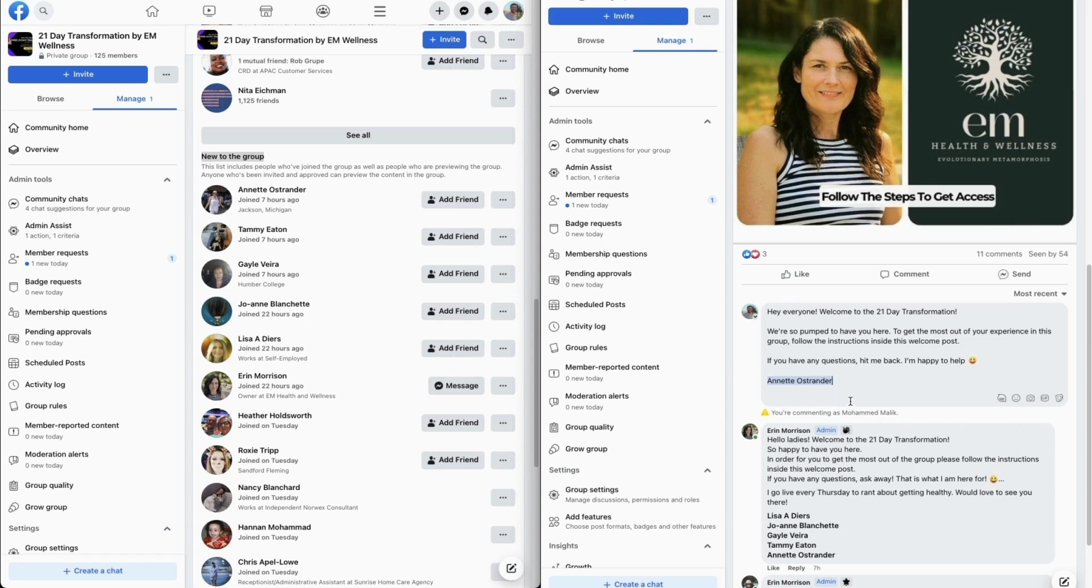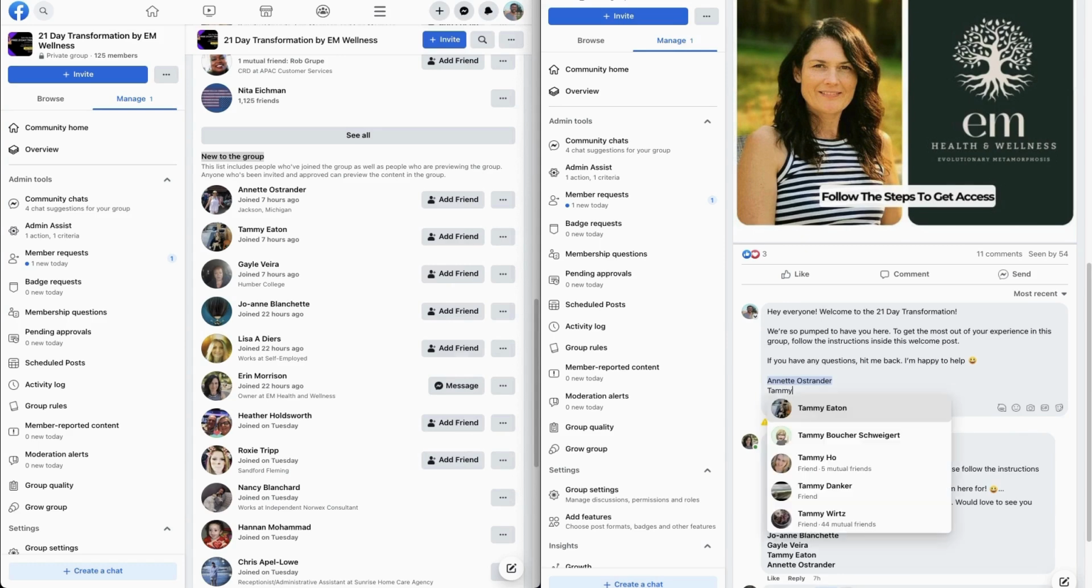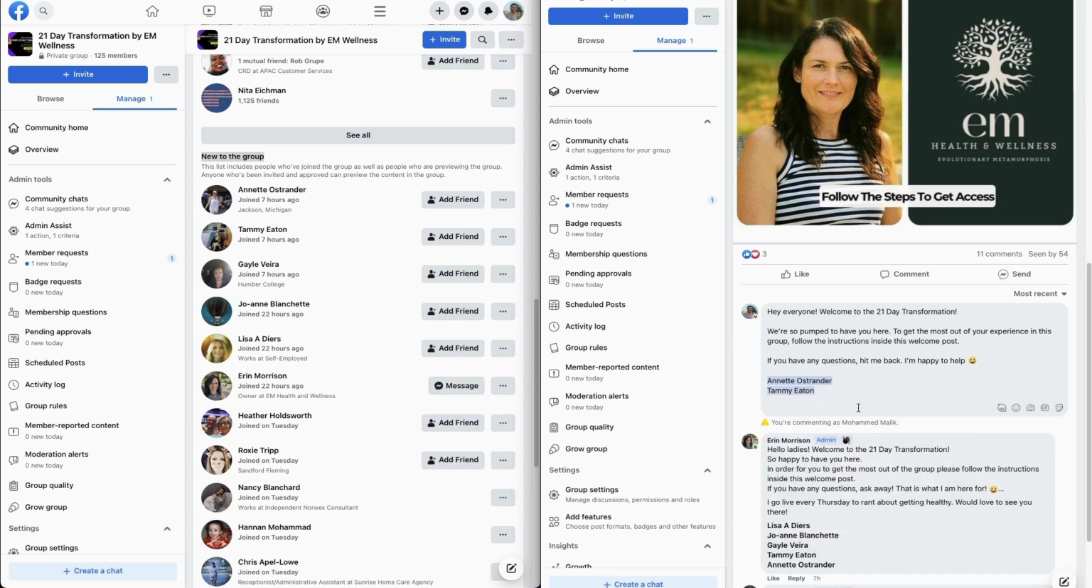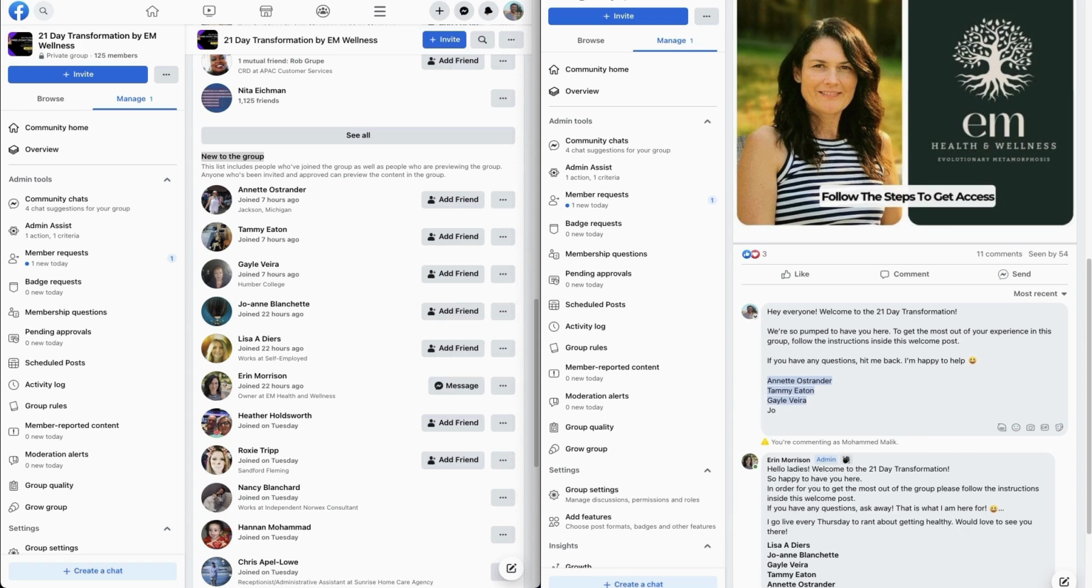So you see here, Annette, and then you're gonna hit Shift Enter, then I'm gonna go Tammy, you can actually just search people's name, and people will actually show up, and you wanna make sure that you're just lining up the name, okay? Tammy, sweet. Then you hit Shift Enter, then you're gonna hit Gail, okay? Here we go, Gail Vera. So I'm just matching this with this, okay? And so I'm gonna hit Shift Enter, then I'm gonna hit Joe dash